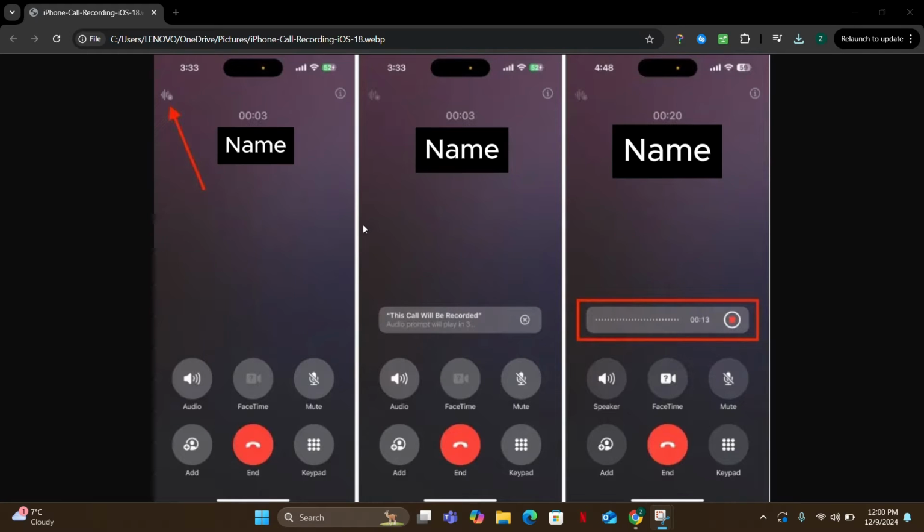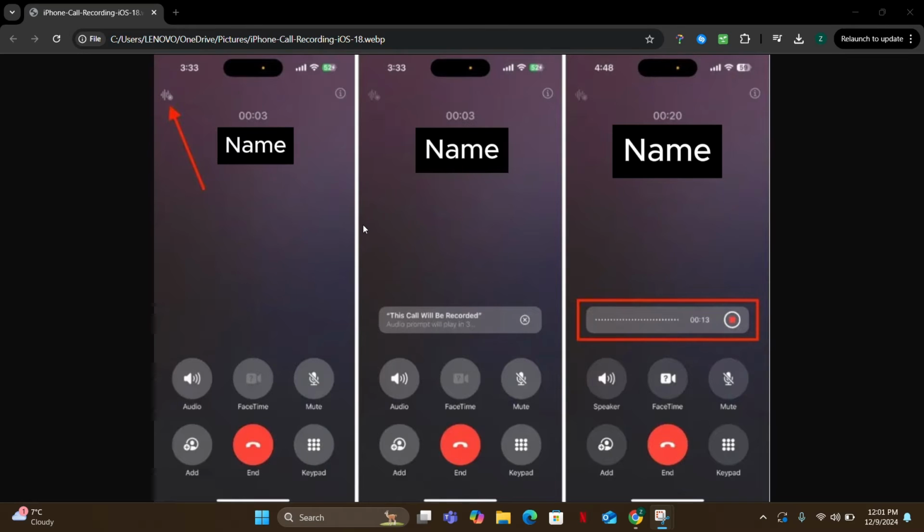So this is a feature that Apple has released. And if you're doing the screen record feature, if you want to record a call, it's worth mentioning that you and the recipient of the call would know, which basically means that you will receive a notification that the call is being recorded, and the other person who's at the other end of the call will also receive the recording